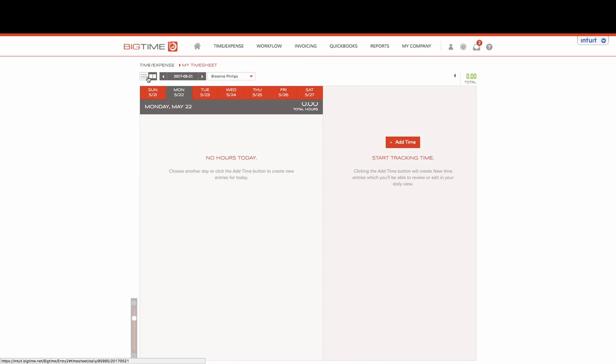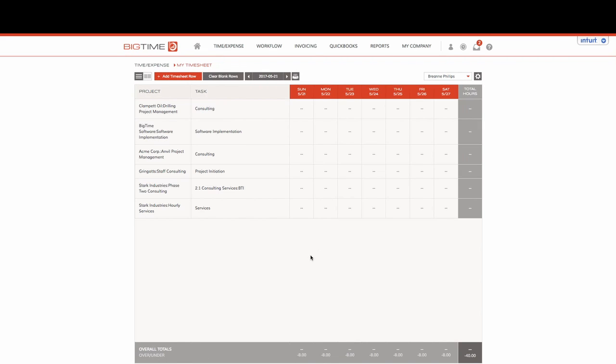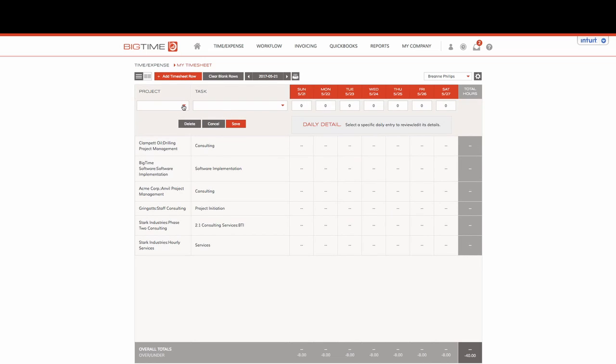And you can see our daily view looks a little bit different than the weekly view. I prefer the weekly view because I like to see the over-under totals. Now, to add a timesheet, you can simply just click on Add a Timesheet Row. We'll choose the project that we're working on. Today we'll say we're working with Central Perk, and we can say which task we're working on,